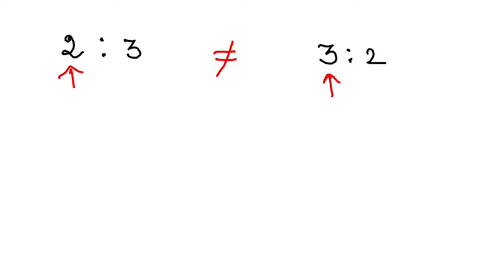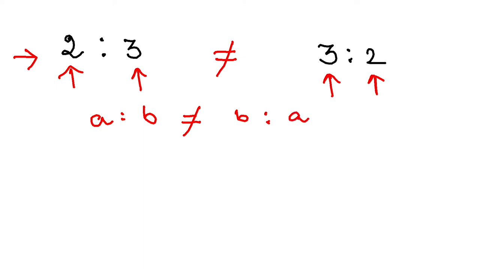Now, the next thing that you have to understand is that if I write ratio 2 is to 3 and on the other side suppose I am writing 3 is to 2, these two are not the same. These two are different. Because in the first case it is 2, in the first case it is 3, in the second case here it is 3, in the second case here it is 2. So these two are not the same. This is the first thing that you need to learn. That means if I generalize, A is to B is not the same as B is to A.